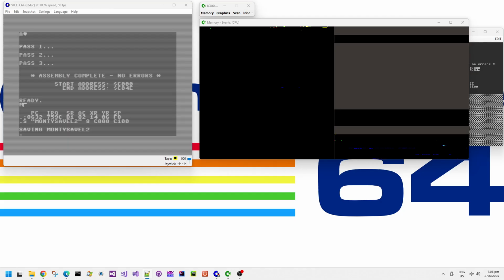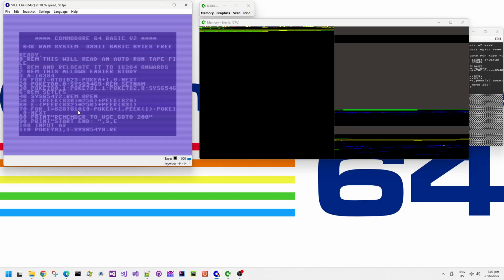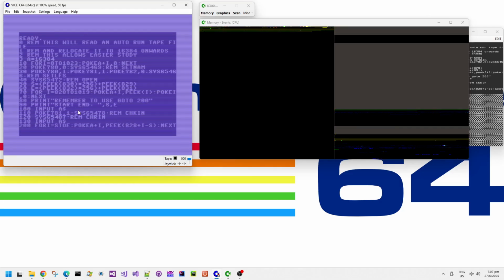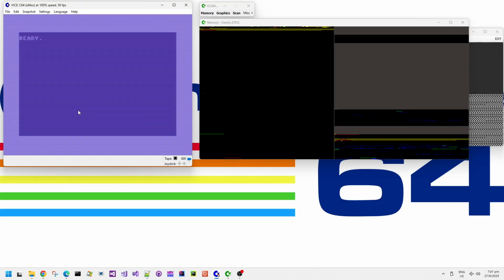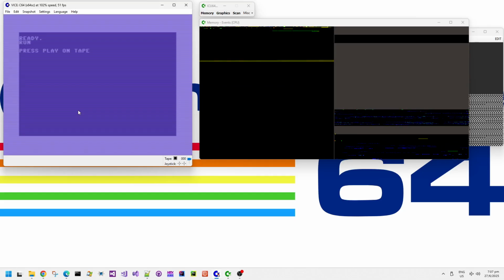That's just been assembled to memory. Right. So now what we need to do is get out of 6510 Plus, and first of all load the Monty save L2 code way up into the high part of memory at C000. So we're going to get back to loading that tape auto run peak code, which stops the auto run from working and transfers the code and data up into the higher part